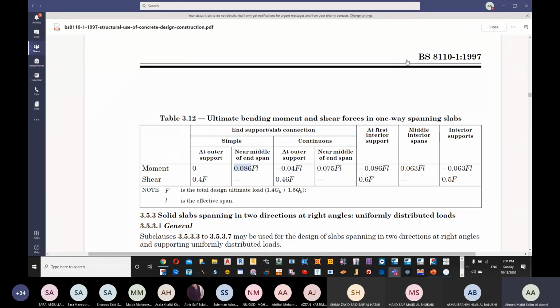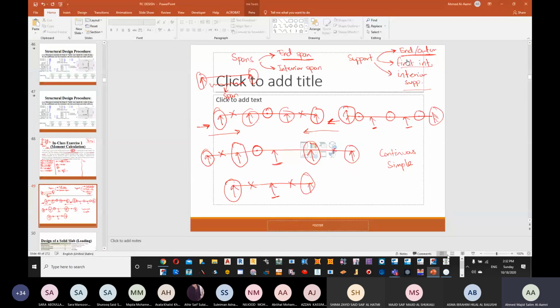One is outer, which is here, outer for simple, and then outer for continuous. And then we have end span for simple, and then end span for continuous. So if we return back to our presentation and see,